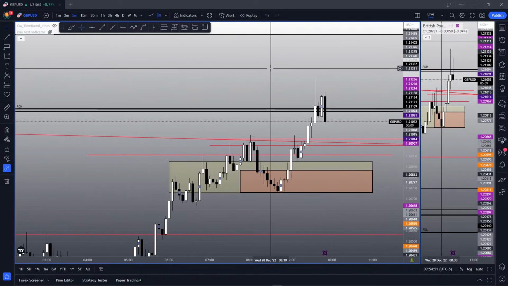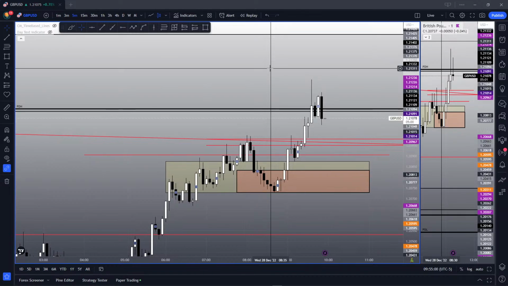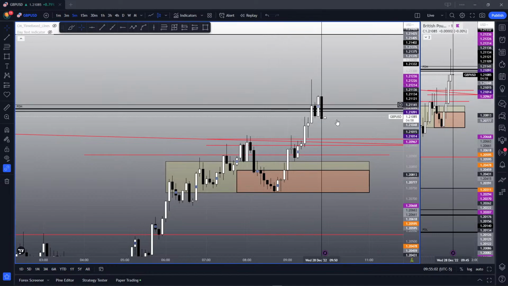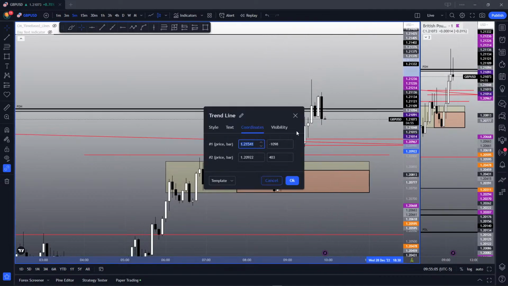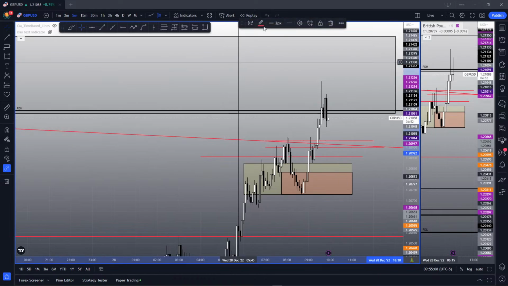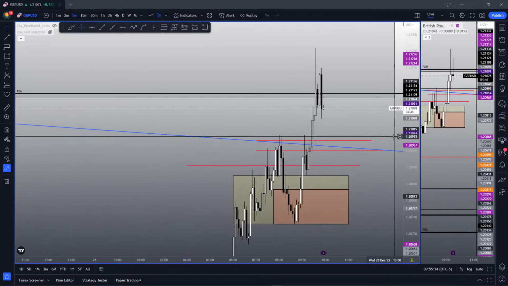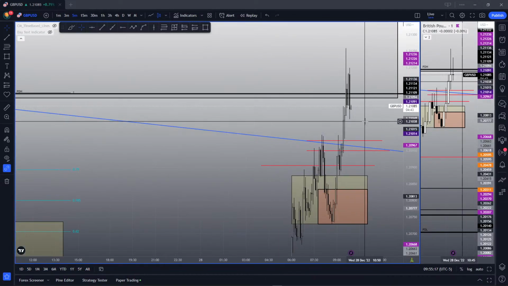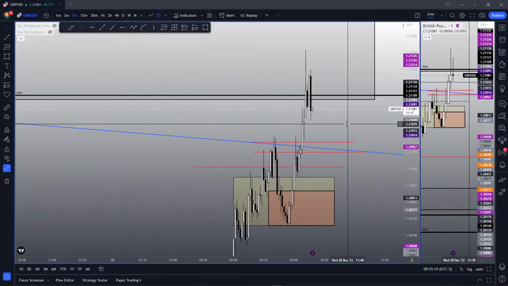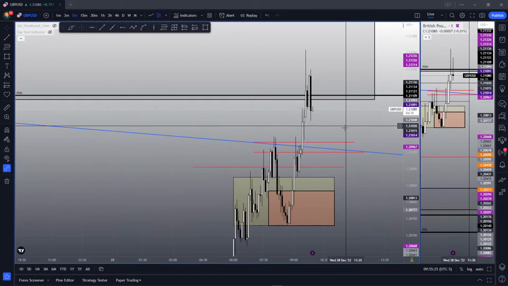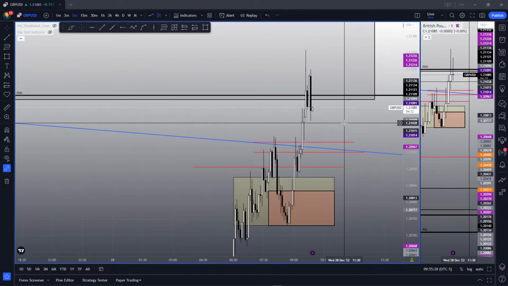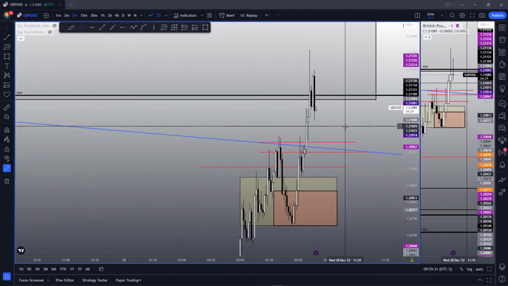Now, if there are more participants in the market that diversify the market and deepen the liquidity, that's why EURUSD, that's why the pair has such low spread, because there are a lot more participants in that market. But that's also why the market doesn't have a set strategy, and that's why the market is not technical enough. That's why I switched to GBPUSD, because it's more of a technical pair, and I like technical pairs.